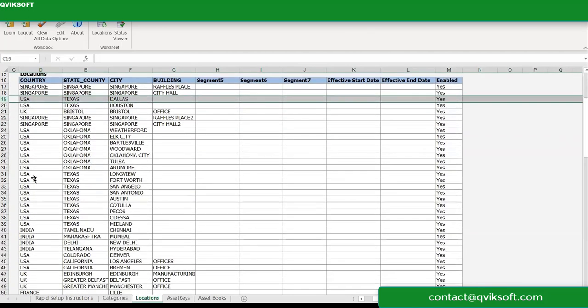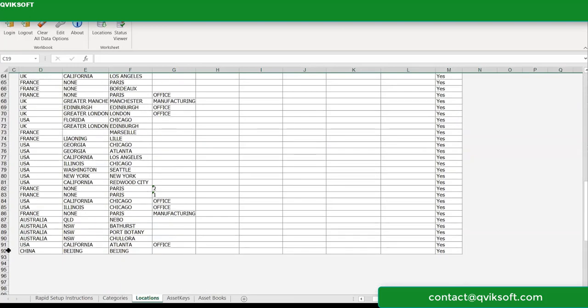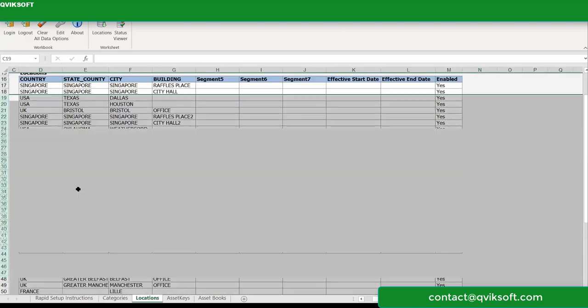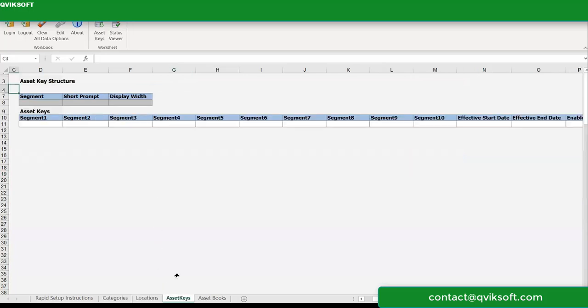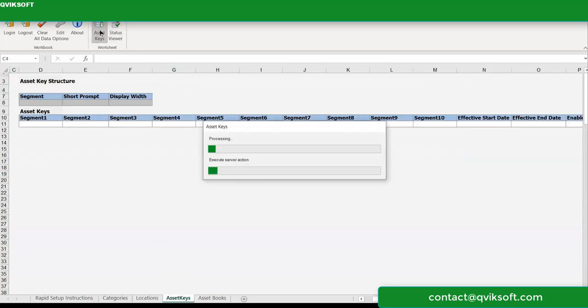In this example, I'm going to create something. I'm going to create Raffle Place 2, City Hall 2. So this was what I had previously created, and I'm just creating one more value here. Then for asset keys, if you need, you can fetch from the system.